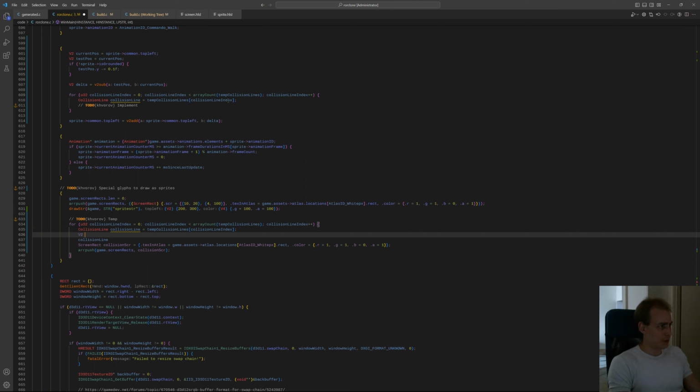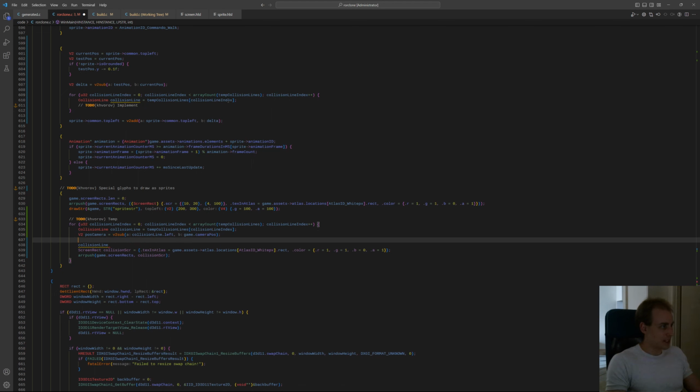So V2 pause camera is V2 sub collision line left, and we're subtracting camera position, game camera position. Okay, position in camera space is that, then position in... so that's in world units, right? And then we just kind of need to multiply by the